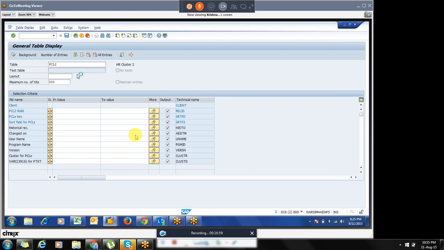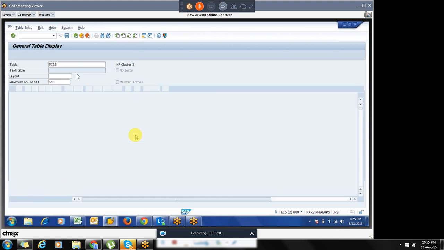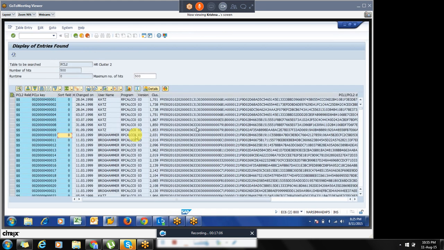If you go to SCI6N or SCI6, the cluster table will display like this. Even I can't understand what this table stores, right? This is the database admin. There is a cluster table. Whenever we run the program, these tables will update and these tables will display the results in the front end for us. PCL2 is the same as the V2 cluster?